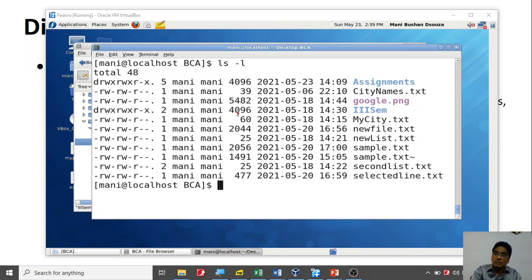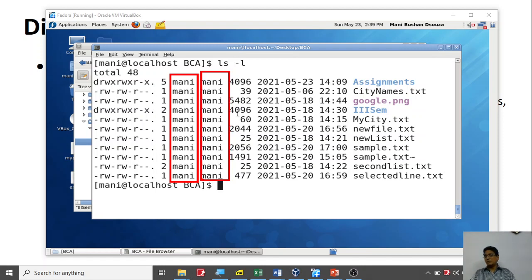Next one is who is the owner of this particular file. Now the owner of this file is, I created it, I am the owner. The next one is the group to which this particular file belongs. What is the meaning of saying group? Again, in the concept of file protection I have talked about groups. Generally you can create a group called BSC and keep all the people. So Money is the owner and the group is he belongs to the BSC group.